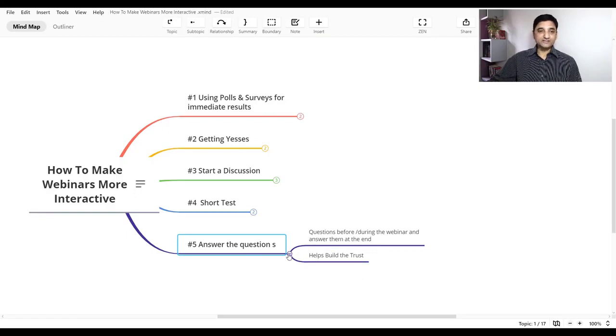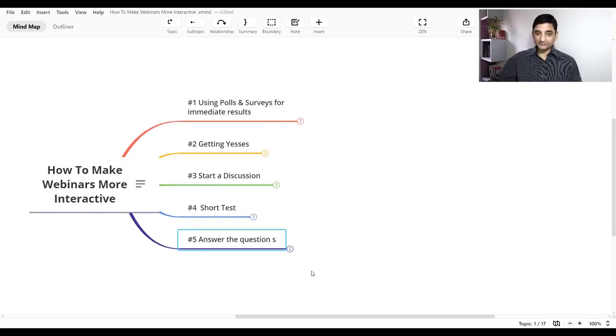So these are the 5 steps which can make your webinar more interactive and more participative. A webinar is a real-time interaction with the target audience, and your target audience knows this. So they accept a few fumbles and stumbles here and there. What they are looking for is authenticity, and if you are able to be authentic on your webinar, you're going to have great interaction and a great bond with your target.